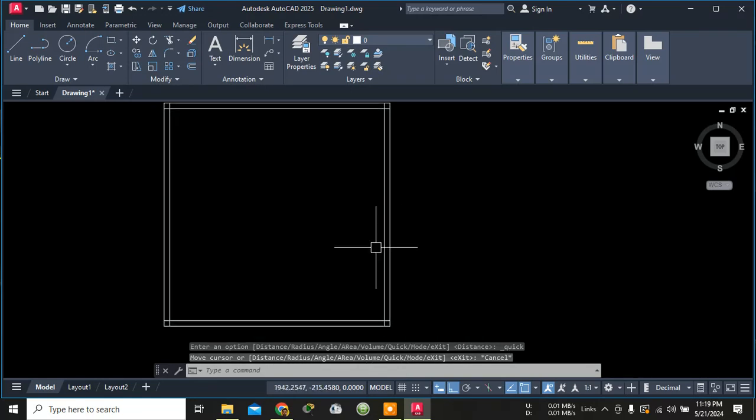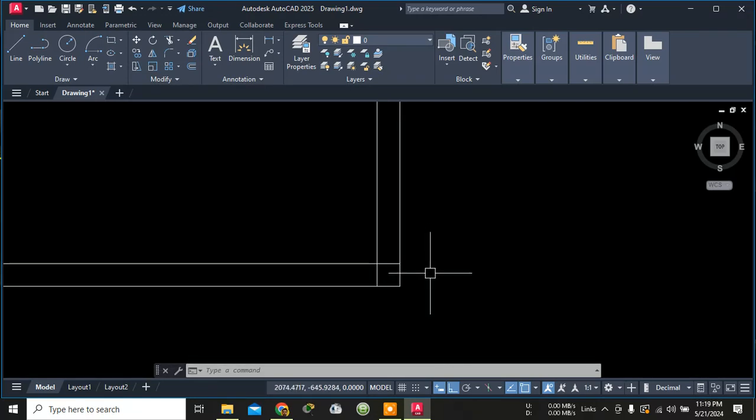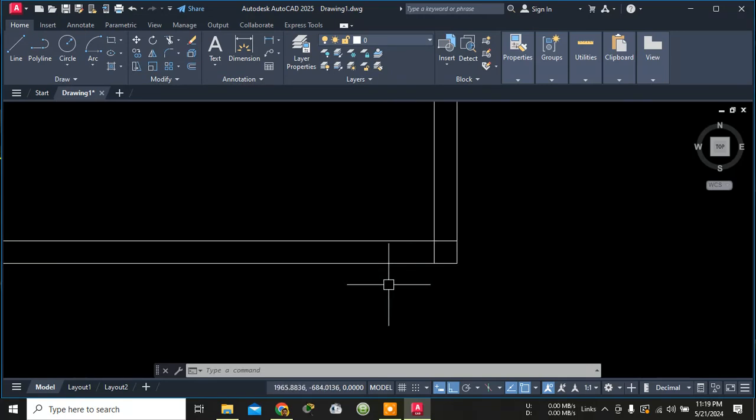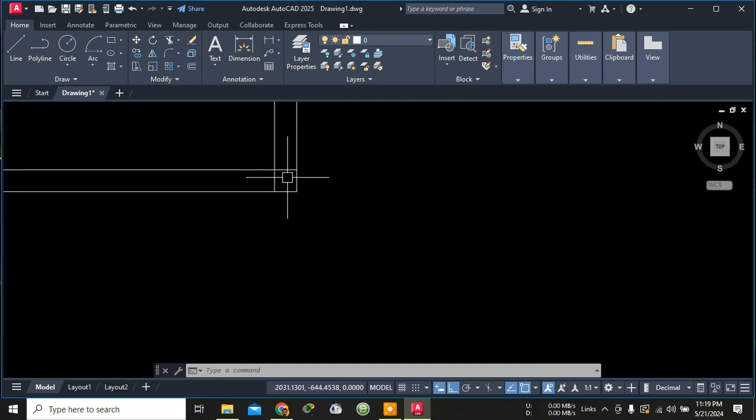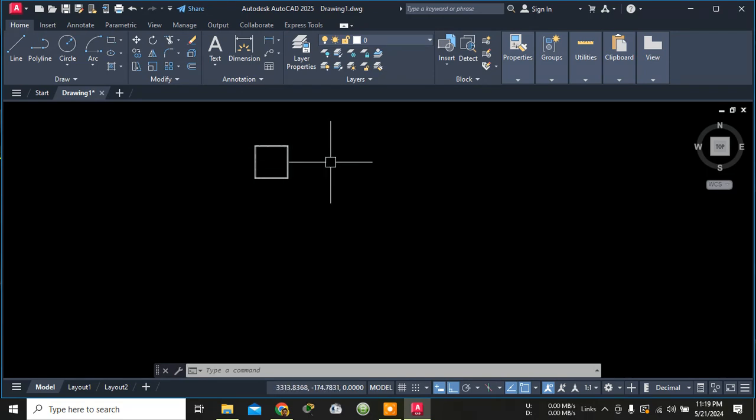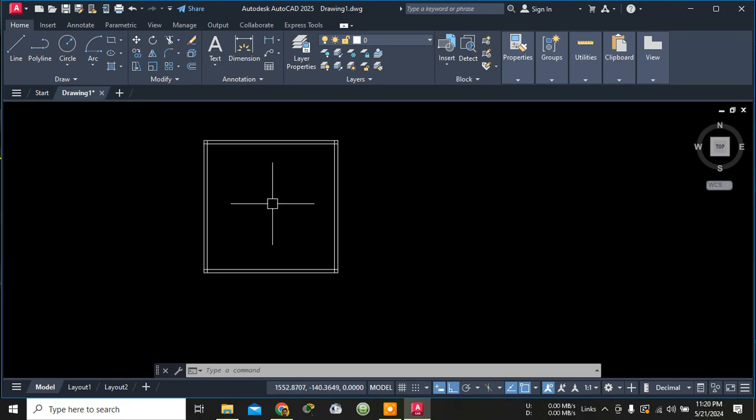Now suppose you need to draw one door in this. As you can see here, remember that when you use the pan command, this hand will appear and you can pan the diagram anywhere. And in order to zoom, you have to place the crosshair inside the diagram and zoom, or else if you place the crosshair somewhere else and zoom, then that portion will appear in the zoom. So better to keep the crosshair inside and zoom it. In order to zoom, you have to scroll the mouse wheel,